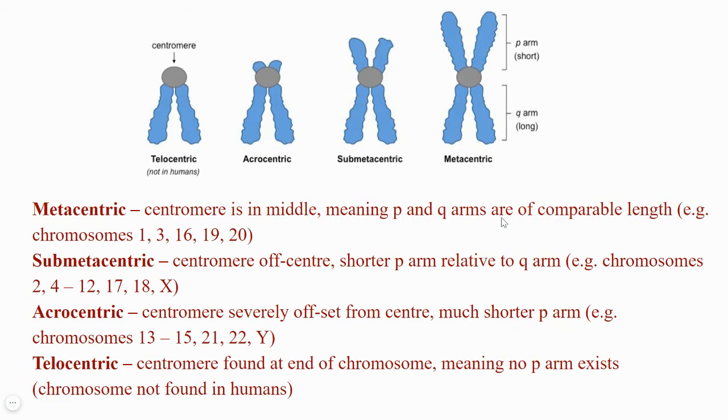Now the centromere can be at different positions in a duplicated chromosome, that is in a chromosome after S phase. Based on the position of the centromere, you can name the chromosomes differently, classify them as metacentric, submetacentric, acrocentric or telocentric. Here the example of human chromosomes has been given. In case of human beings, we have 23 pairs or 46 chromosomes. This is only in case of humans, not for other animals or plants. But in all animals, you will find telocentric, acrocentric, metacentric, submetacentric types of chromosomes in their cells.